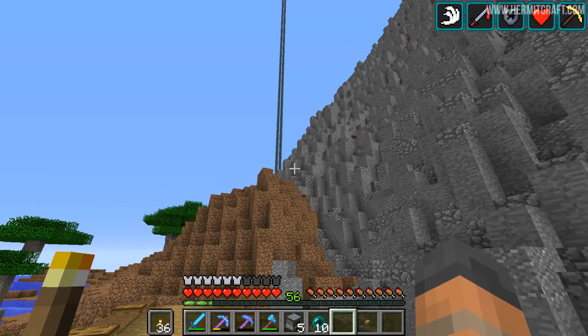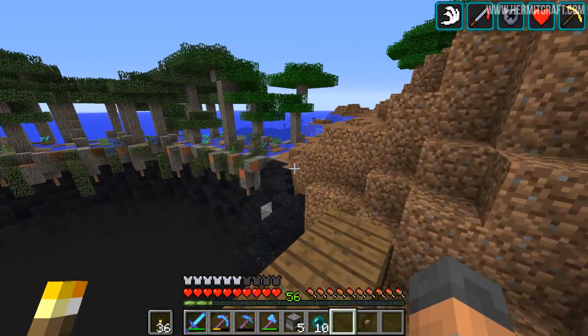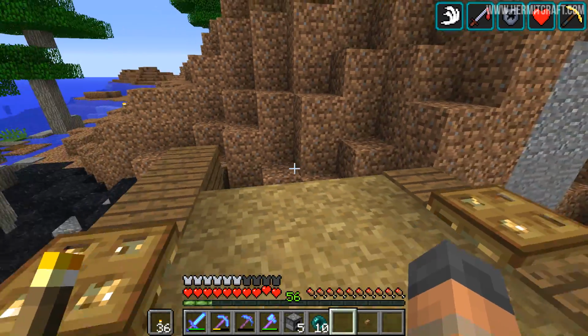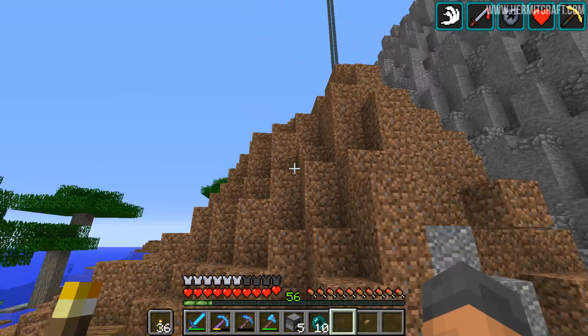Well, I've been thinking about it. I reckon what we should do is pull the mountain over the top of all of this dirt, down there into the ocean, which would create a kind of natural divide with the swamp biome onto the next one, and then this path can go into the mountain. Now when it's in there, what we'll probably have it do is go inside our base and back out again,